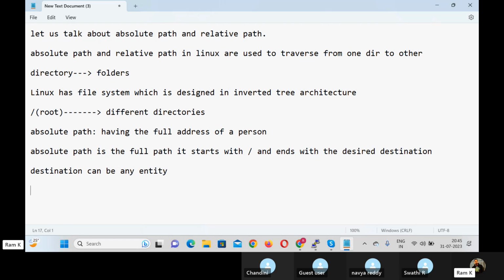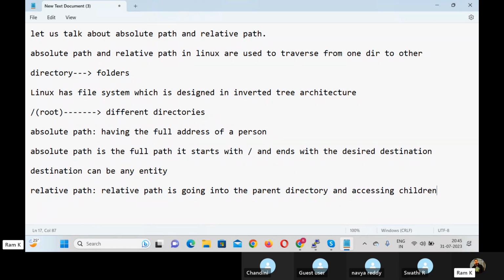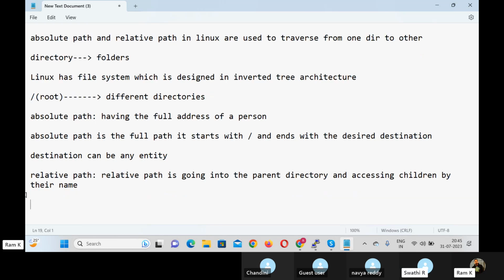Okay, fine. Very good. Then what is relative path? This is an interview question. Relative path is going into the parent directory and accessing children by their name. Correct? Yes. So now when you go, for example, cd /root,